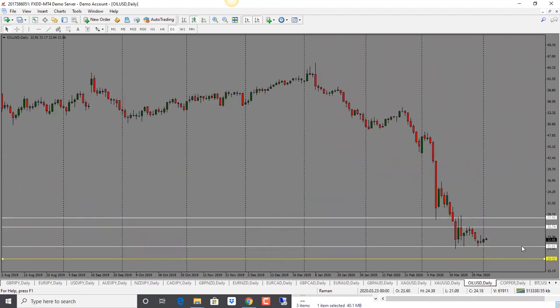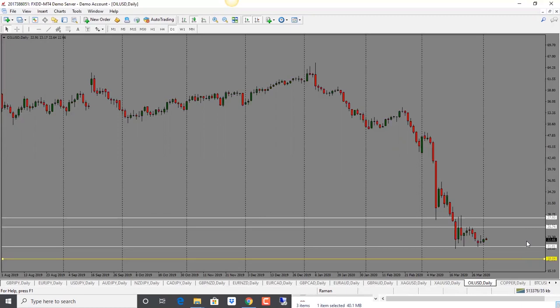Oil here, oil is still trading into the lows here. And according to the reports here, we are seeing that the OPEC countries are actually increasing production. Russia is not going to increase production. And we are seeing that all the storage facilities for the oil reservoirs are actually getting quite full. They are almost at capacity. So that is going to create problems for oil.